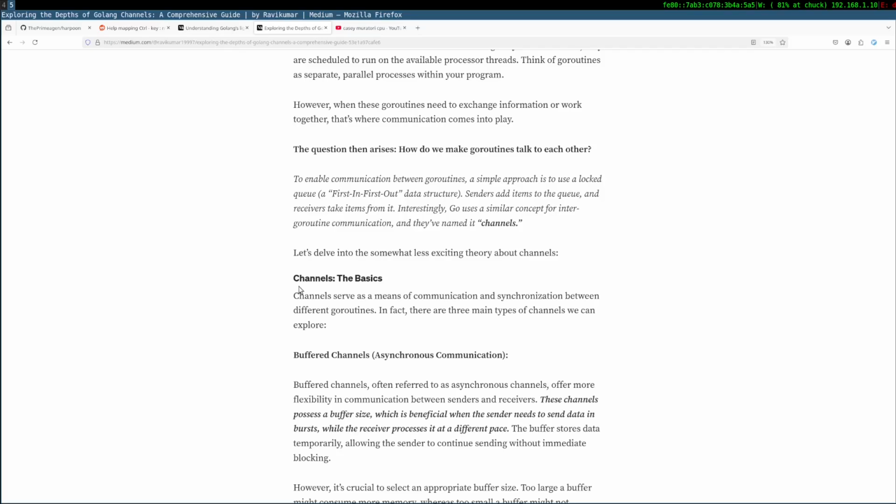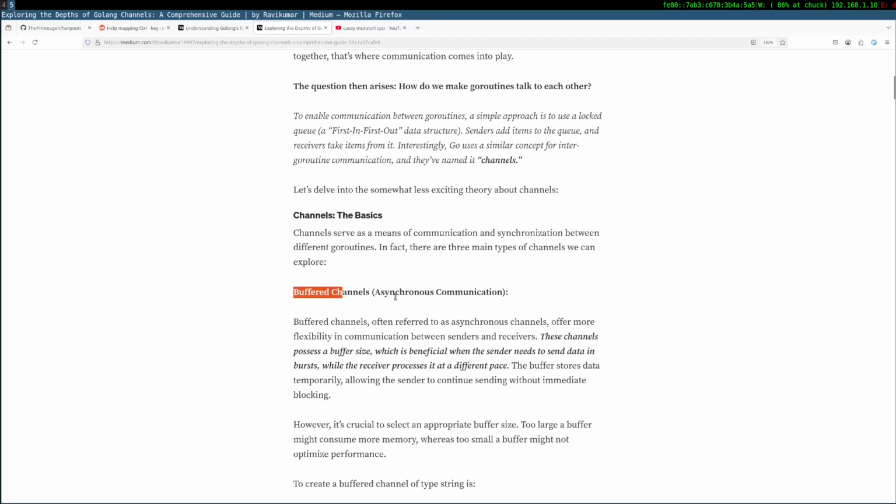In fact, there are three main types of channels we can explore. Buffered channel, asynchronous communication. Buffered channels, often referred to as asynchronous channels, offer more flexibility in communication between sender and receiver.